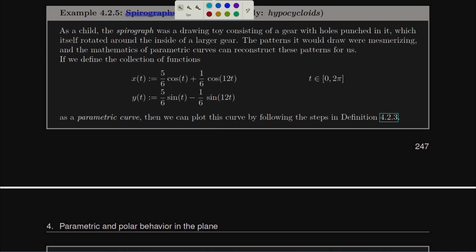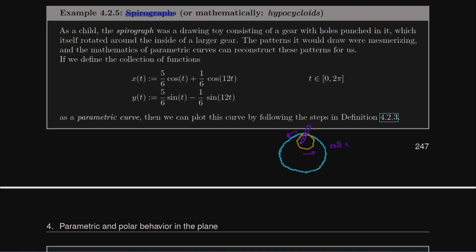And I don't know if this is a generational thing and maybe you didn't grow up with them, but the spirograph was really this toy which consisted of like a large gear, and it was really a stencil. So it was some giant gear that was open on the inside, made of plastic, and then you would place a smaller gear inside of the larger gear, and the smaller gear would have multiple little holes in it that you could put your pencil inside of. And what you would do with the spirograph is you would grab your pencil, put it inside that hole, and you would roll